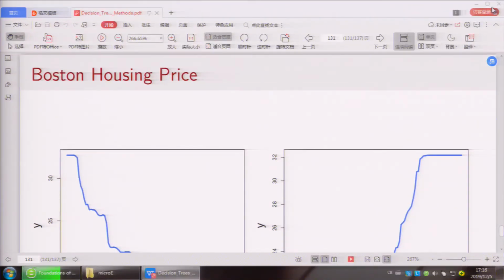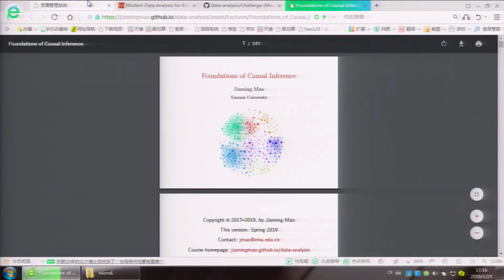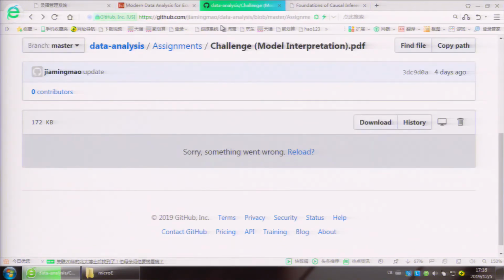In fact, because we have already finished this lecture, there's going to be new homework, but there's also some new challenge. And one of the challenges